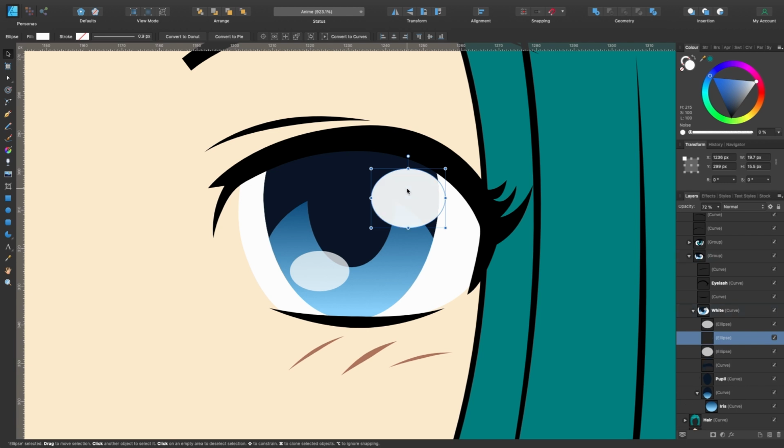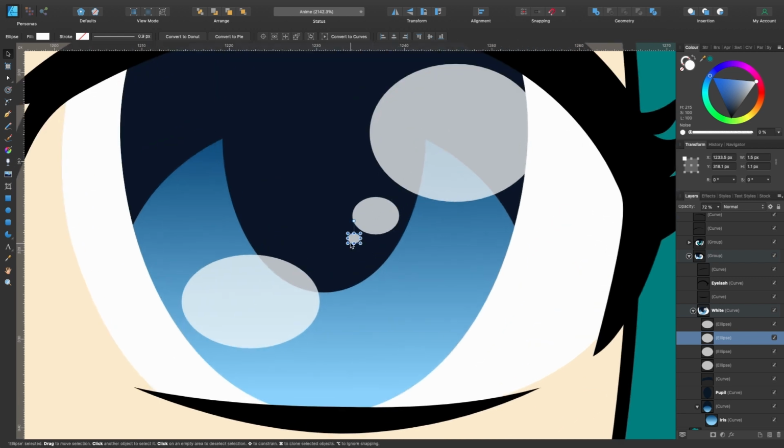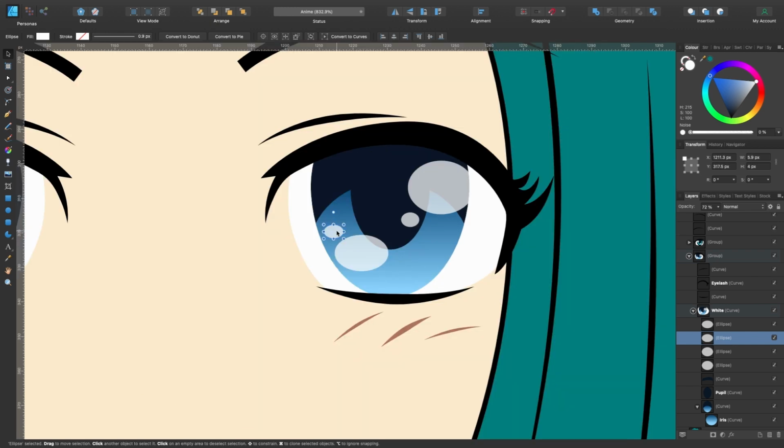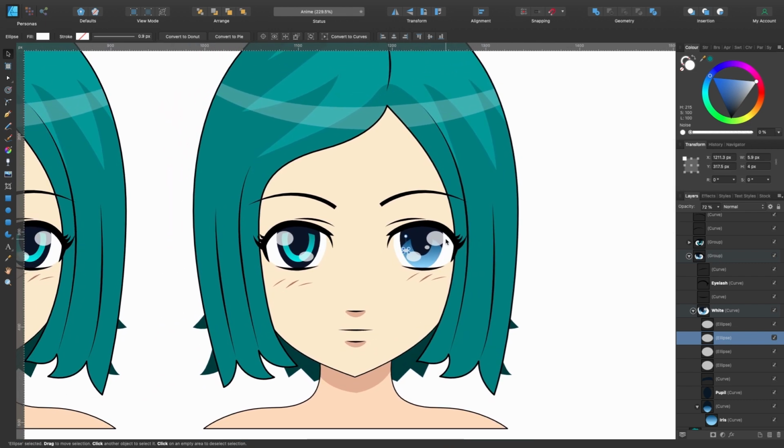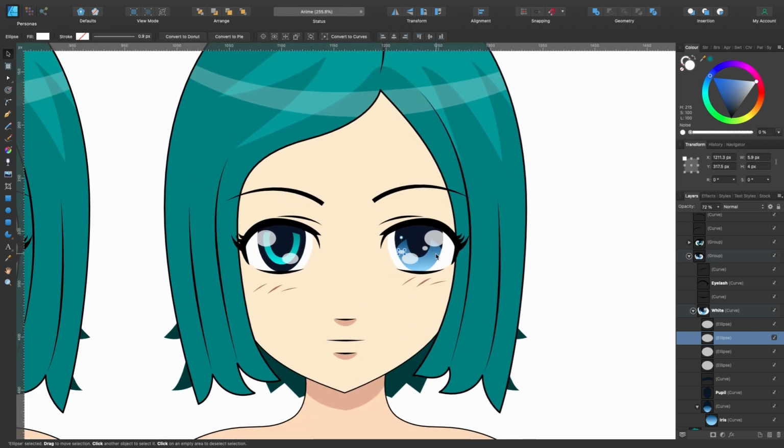So just press Command J to duplicate that one, and we'll make a little smaller version of it and just place it right next to it. We could just Command J that again to duplicate it. See, that's done a power duplicate because I pressed Command J again. But anyway, I will just make that slightly bigger. Okay, so that's our eye complete. Looks different, still looks pretty good.